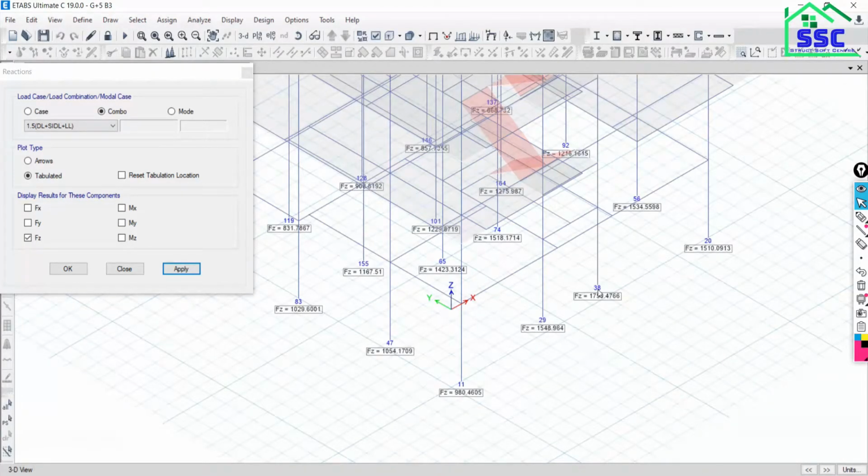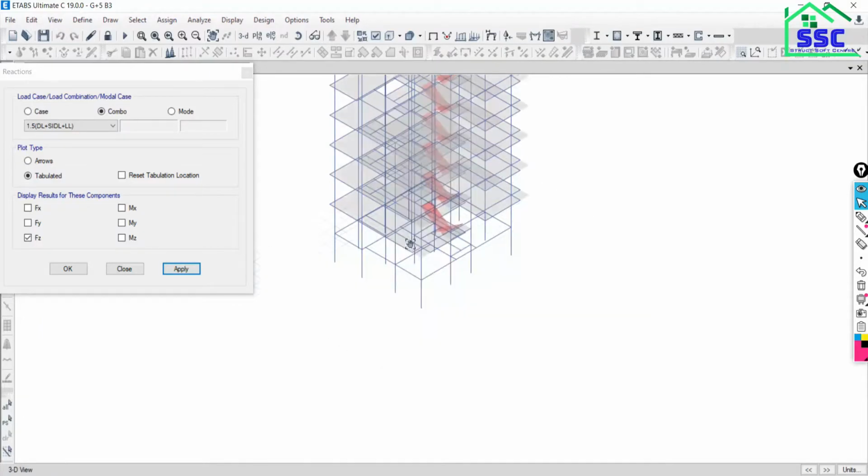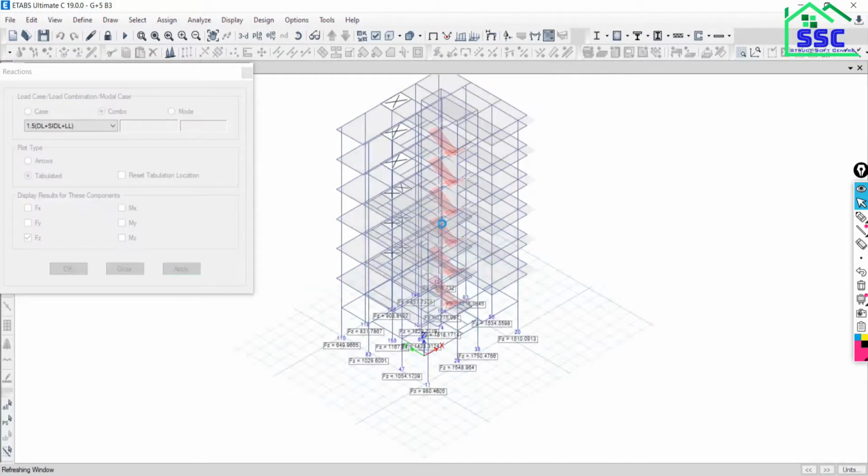Yeah, so this is actually the base reaction. These all are the base reactions, and we have discussed this in the practice model. How this factored load combination result will come. That is the addition of your dead load reaction, addition of your live load reaction, addition of your superimposed dead load, with the multiplication of 1.5. Do you remember that? Yeah, so all that I have covered in the previous sessions in the practice model. So in this way you can see a clearer view of your result.